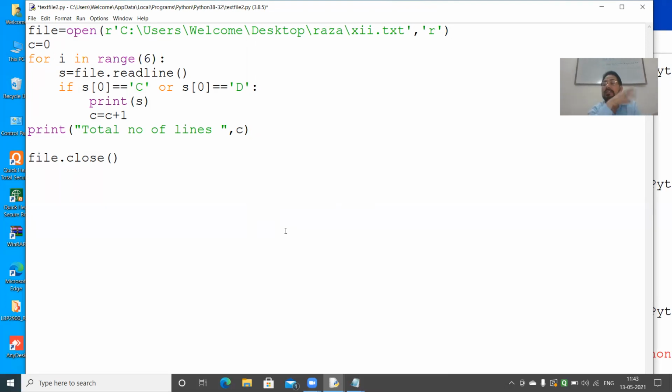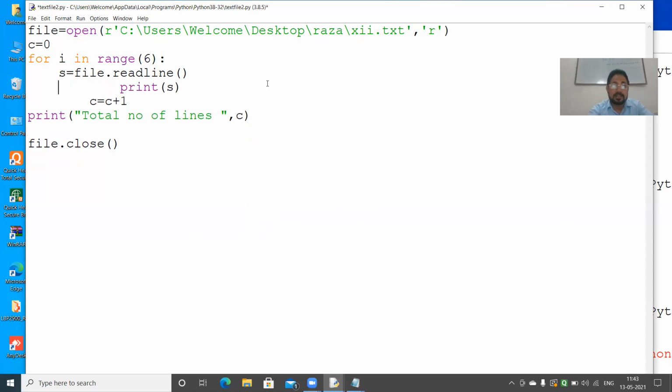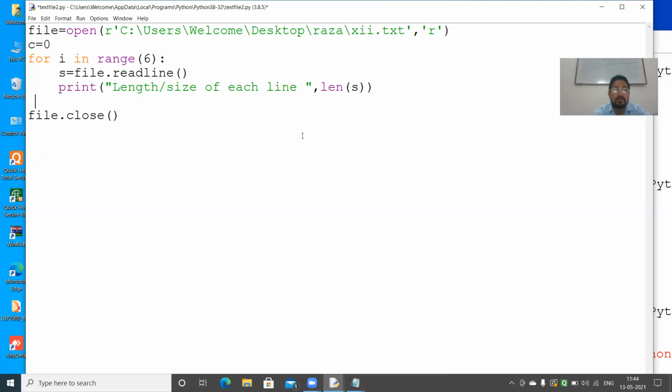Now when a question comes to read the lines which start with something, or a question like size of each line, then of course you have to read each line and find the size of each line. So you have to write print length. Whatever question comes, size of each line, how many bytes are there, then you have to write len and then S. It depends on the question, what type of question is coming to you. Run. Okay.